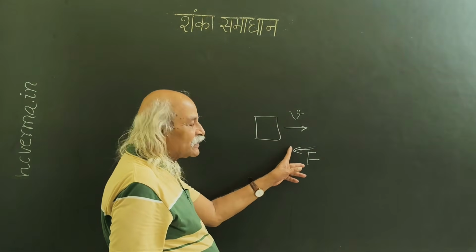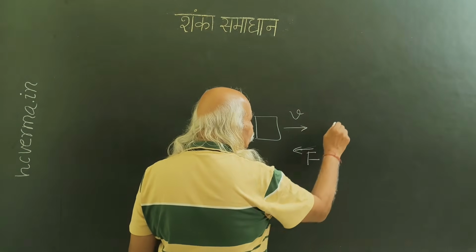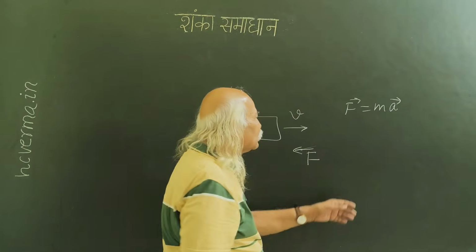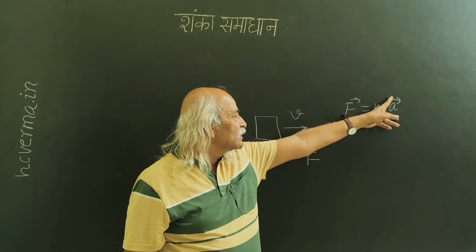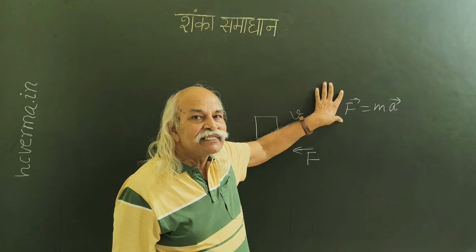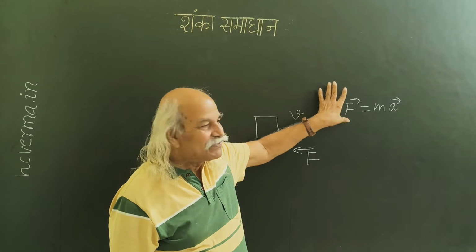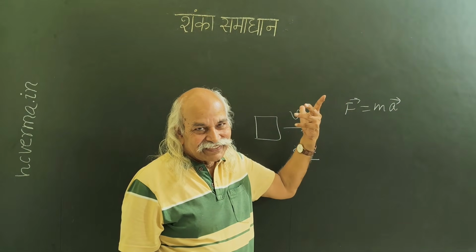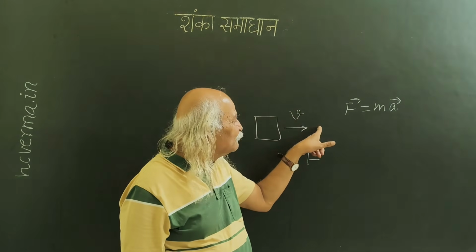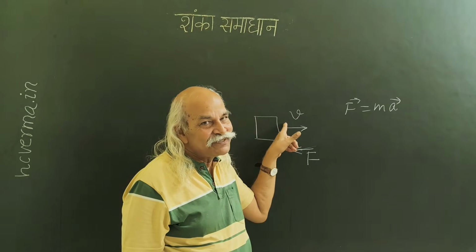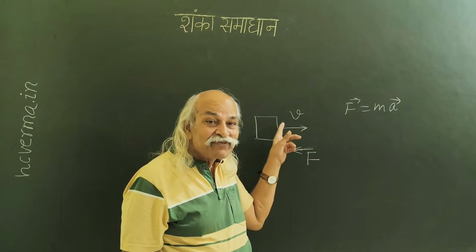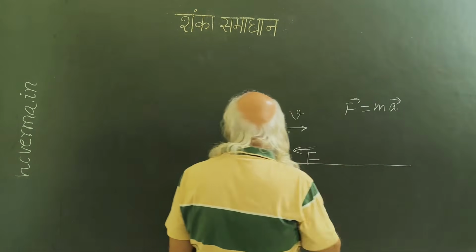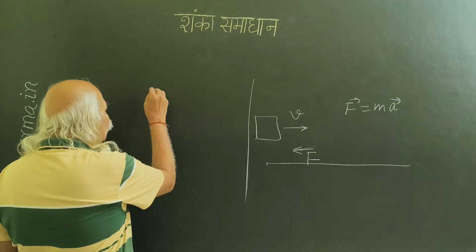Okay? And if the force is in the backward direction, then force is equal to mass times acceleration, and all the time the direction of acceleration is the same as the direction of the resultant force. So if the force is in the backward direction, then the acceleration is also in the backward direction. So although velocity is in the forward direction, if it is slowing down, the acceleration is in the backward direction. So that is one way. Another way you can also think is this.